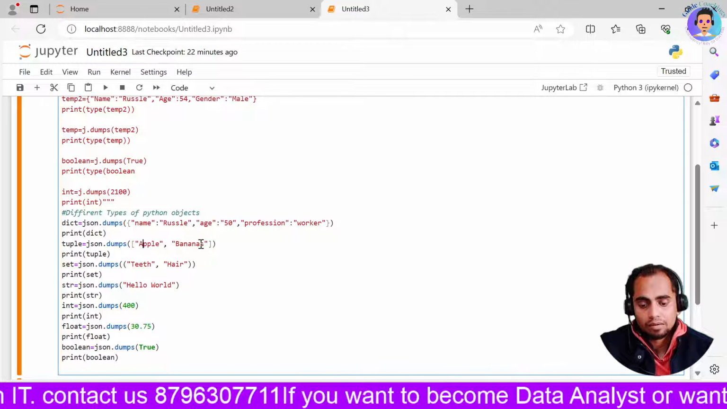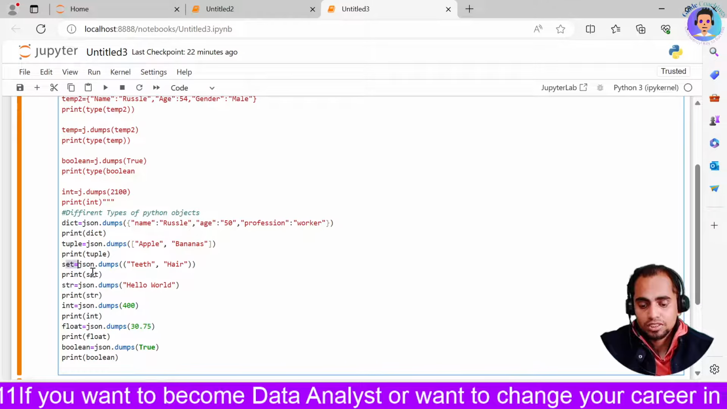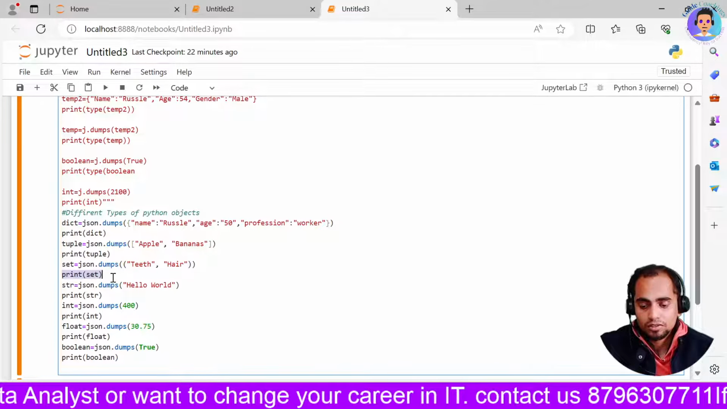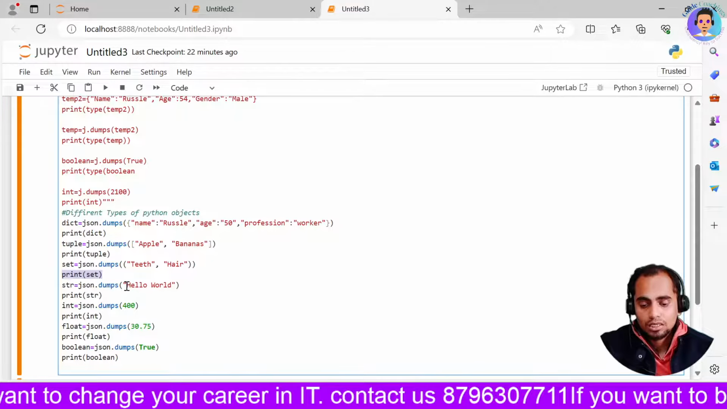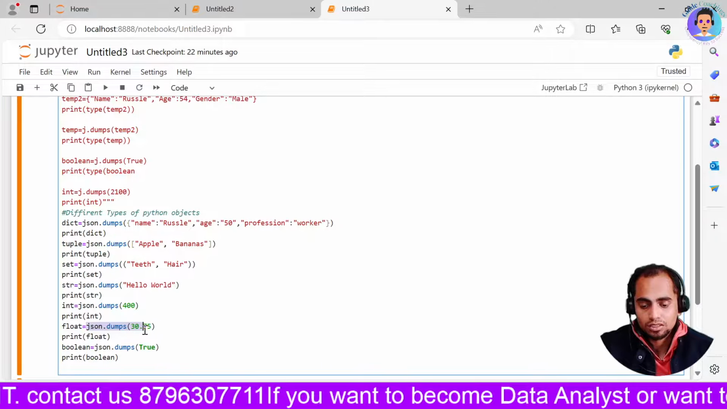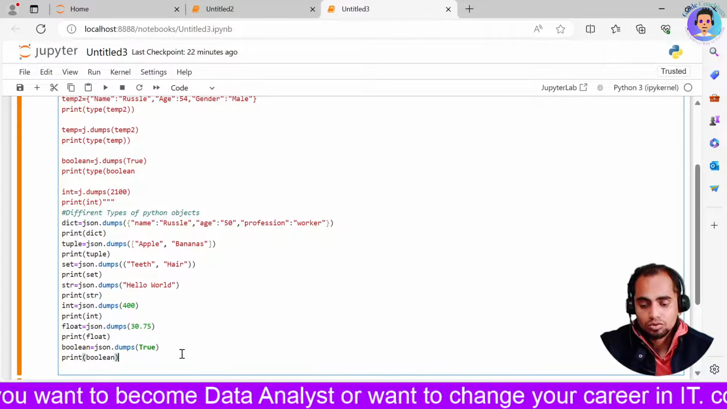So I have apple and banana, so I will be getting that. Now I can do it for set as well, teeth and hair. Okay, so it will give me the result of teeth and hair. I can do it for string, hello world. I can do it for integer. I can do it for JSON, that is float. We have done for float and boolean. So if I execute it,